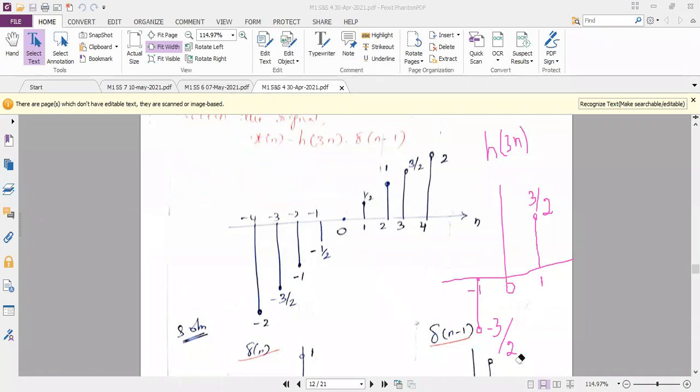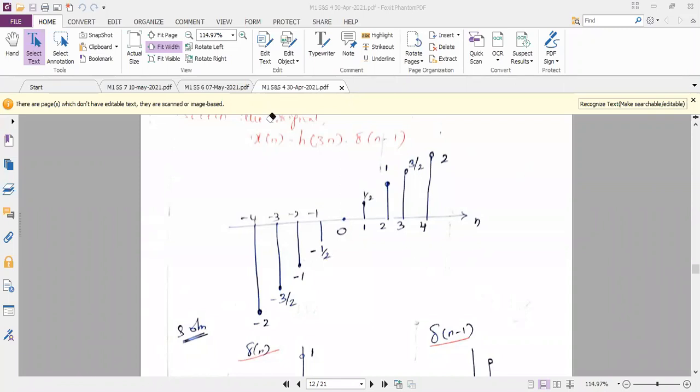See, continuous time means, as we have done in the earlier problems, we have to take the interval, and between each interval, we have to take 3 different amplitudes. One at the starting range of the interval, second one at the middle range of the interval, and third one at the ending range of the interval. So 3 different amplitudes we have to take, and then we have to perform the multiplication or addition as per the question, and then we have to plot it in the final graph. So that is a little bit tedious compared to the discrete time signal problems.